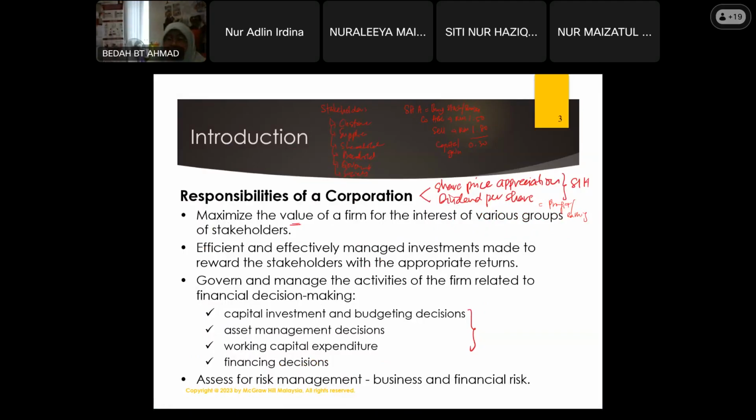In order to increase the value of the firm, the management team consists of the directors, which is the board of directors, the head of the management, plus the management team, which is the key personnel of the company: the managing directors, general managers, CEO, CFO, CAO,